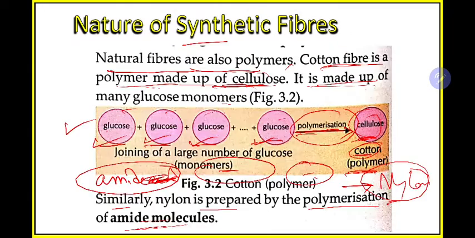So go through this. This is a bit tricky. If you don't understand, ask me, but I'll suggest that if it is not clear in one shot, after watching once, if you have doubts, then watch the video again, and after twice go and read your book, and then come to me, ask your doubts, I'll solve all your doubts.